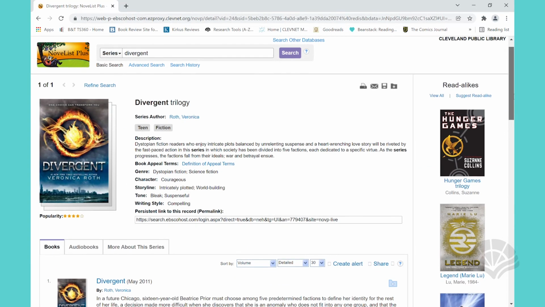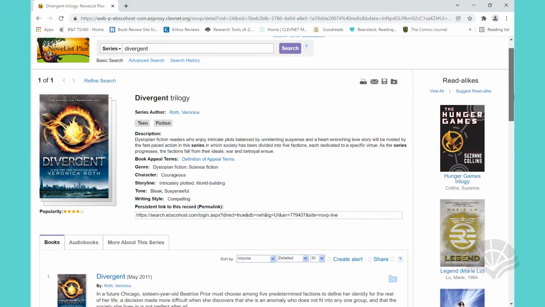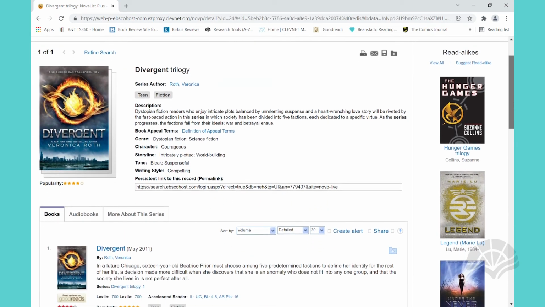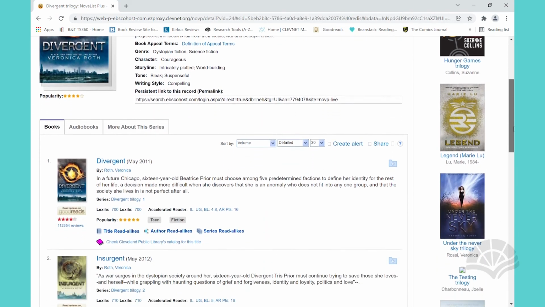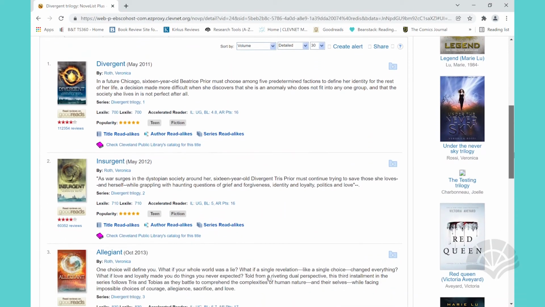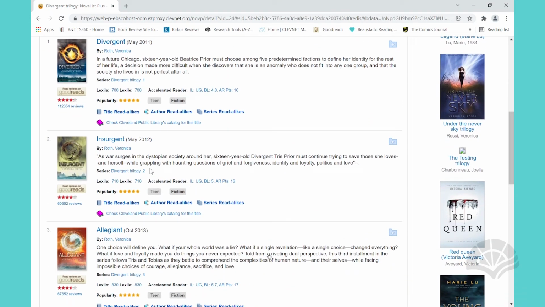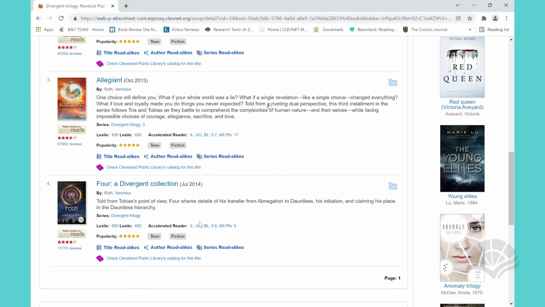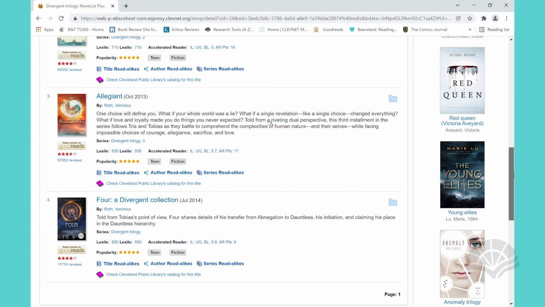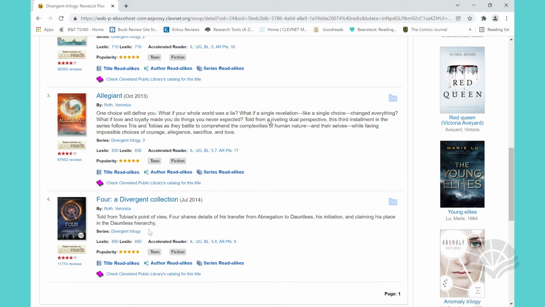And here you'll see Divergent Trilogy with the series author, all of those same terms that we saw before. And then you'll notice that it gives the publishing date and the number here in the series listing. So you'll see 1, 2, 3, and then the 4th. Although you'll notice this doesn't have a number next to it, as it's a little bit of an extra bonus